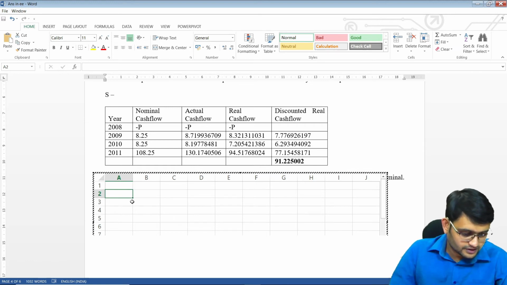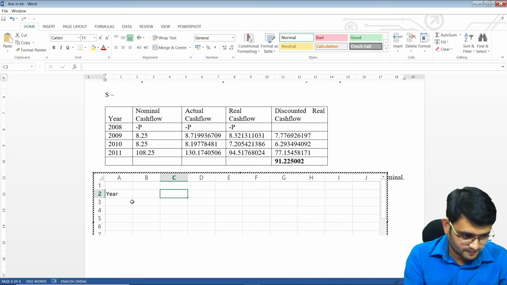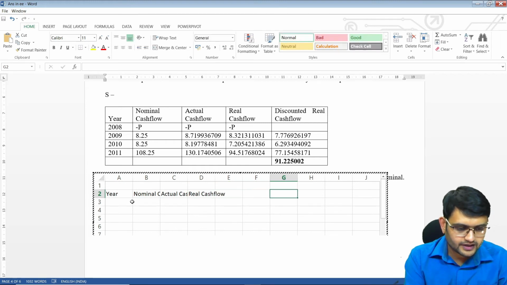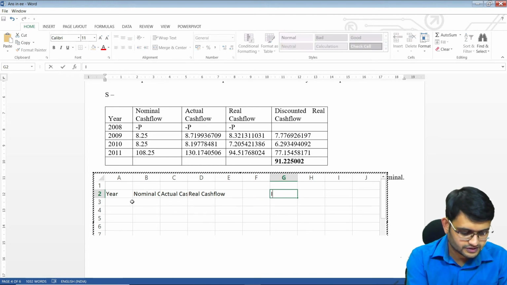I can write here year, nominal cash flow, actual. If you want, you can make an inflation table here, and then link it. You can make an index here.